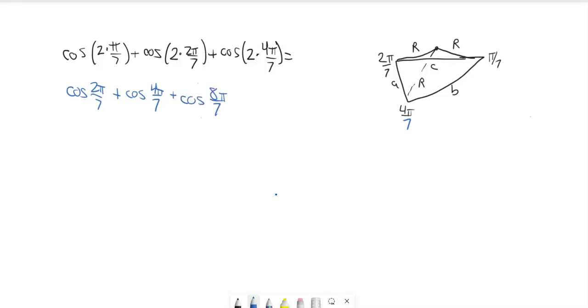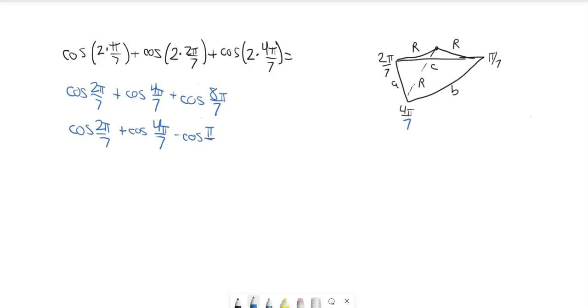Now, in my last video, I explained that the sine of 8 pi over 7 lands in the third quadrant, therefore it's negative. The same is true for cosine, because both the sine and the cosine ratios in the third quadrant are negative. The only one that's positive is tangent. So we have the cosine of 2 pi over 7 plus the cosine of 4 pi over 7 minus the cosine